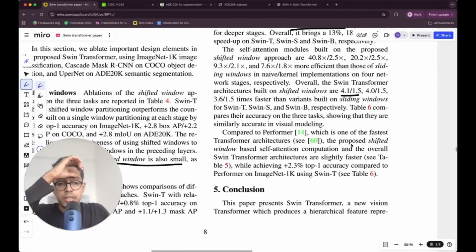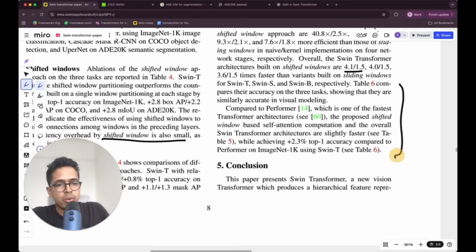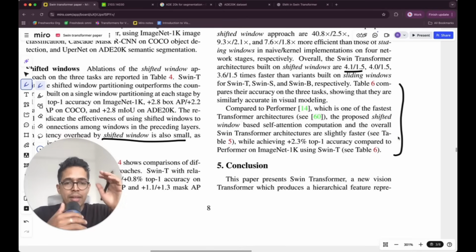Compared to Performer, which is one of the fastest transformer architectures, the proposed shifted window-based self-attention computation and the overall Swin Transformer architectures are slightly faster. That's it. That's most of it. One important thing, if you stop reading the paper at this point, if you